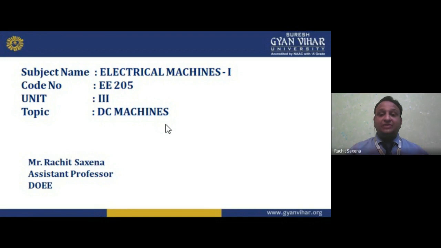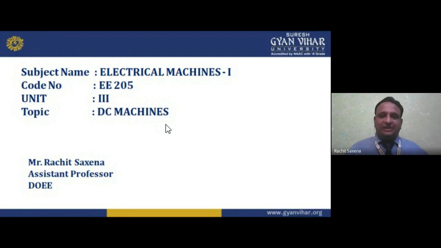But from the armature, we get the output in the form of AC, which is bidirectional. We want to convert that bidirectional current into unidirectional current, so I need a part known as the commutator. After the commutator converts the bidirectional current into unidirectional current, I have to transfer that current to the terminals, so I need a brush. Brushes and commutator are important parts of the DC machine only. In an AC machine, we don't find any commutator.